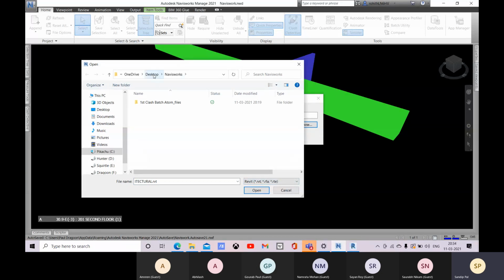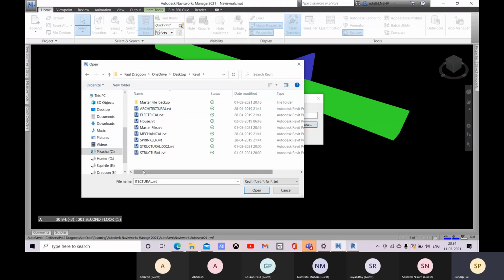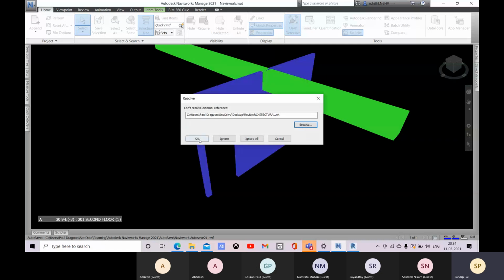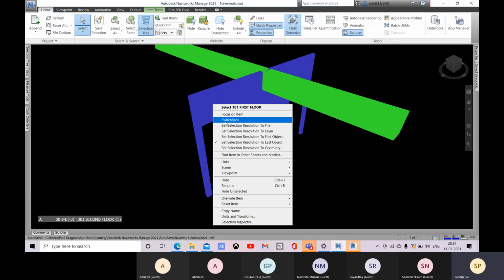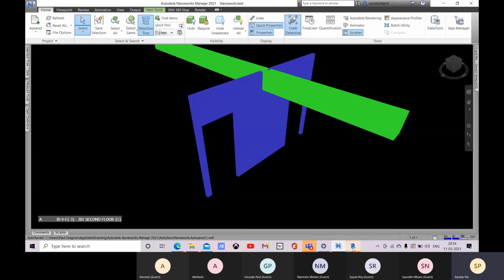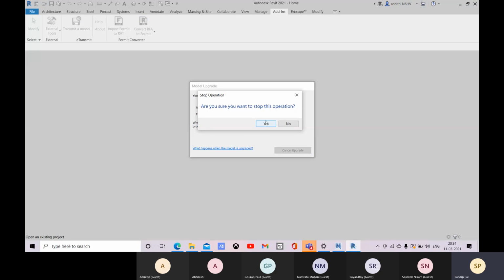Go for this Revit, and there is the file. Give the path, and now right click and switch back. Here it's opening the Revit file. So it's taking the Revit file. Let me go for this cancel upgrade, and let me show you.